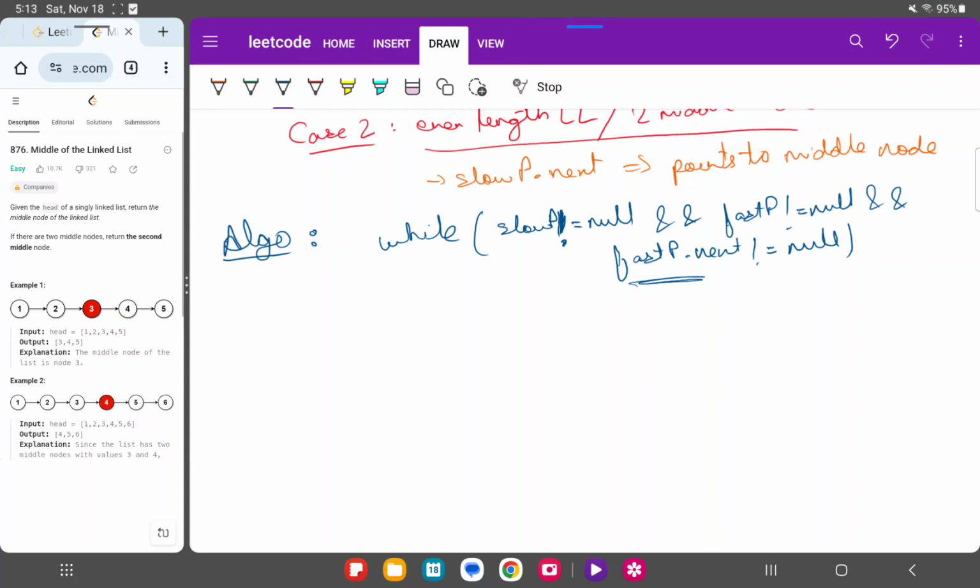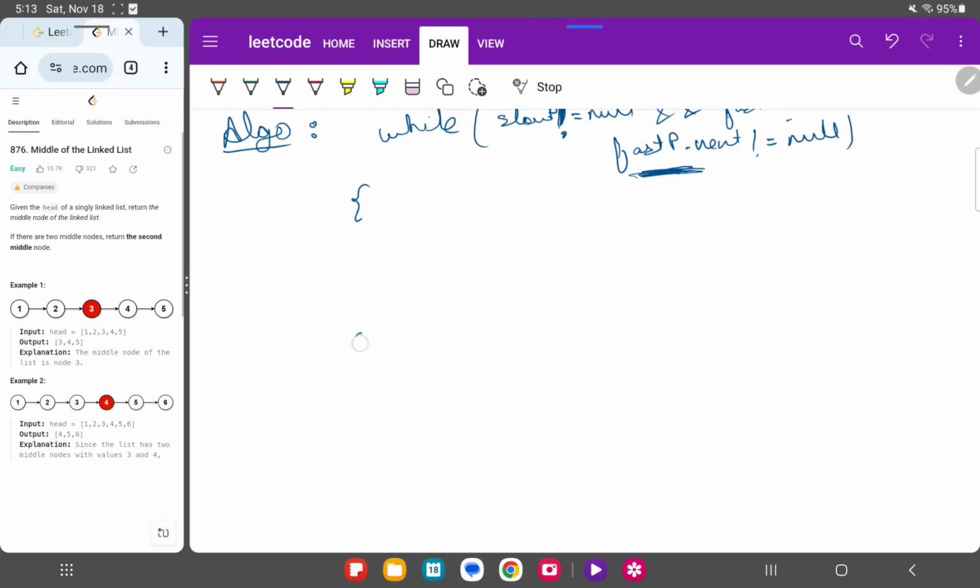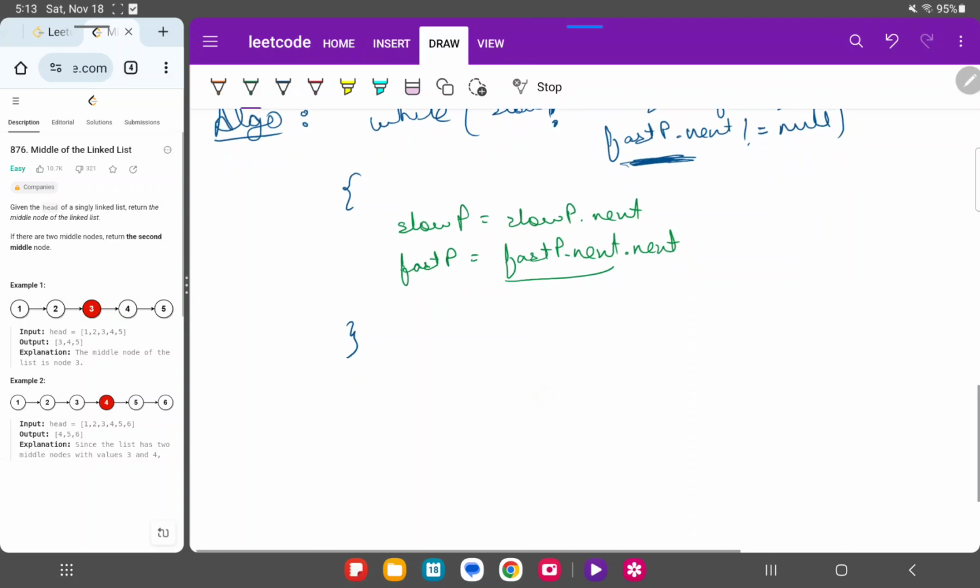The idea of using fast pointer is to move 2 steps ahead. So its next step is valid and the next step of that can be null. So that is not essentially invalid. And what was our base algorithm? This was our base algorithm. Slow pointer is equal to slow pointer dot next, move by 1, and fast pointer is equal to, since till here we had a valid move, now we move it to the next pointer of that. So this is what we have. And then in the end,